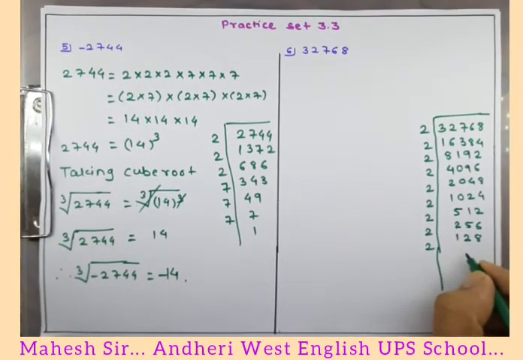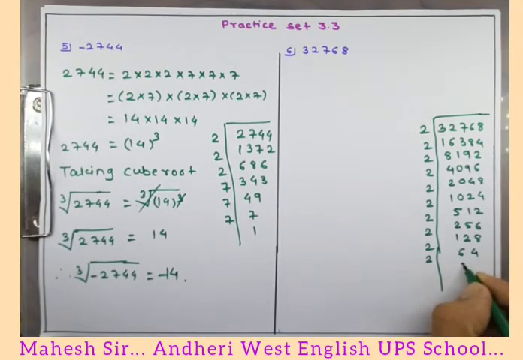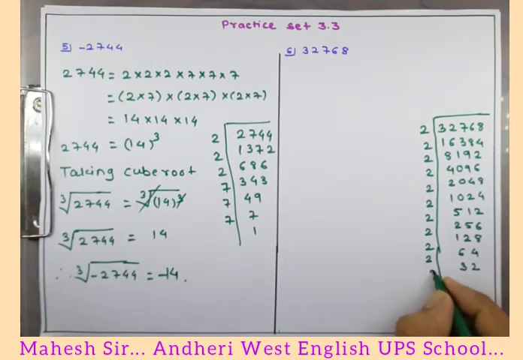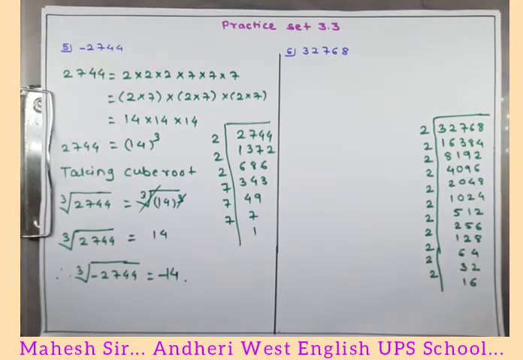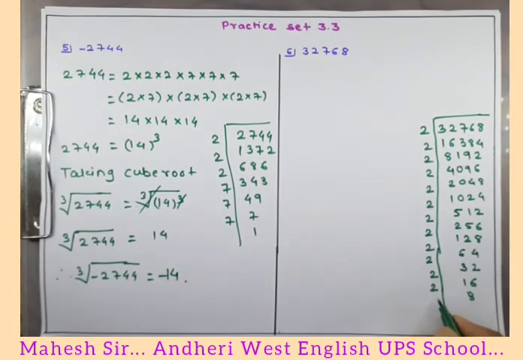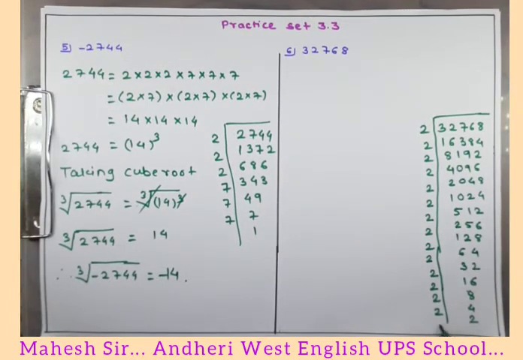Again 2 6s are 12, 2 4s are 8, 4 is there, so it is divisible by 2. So 2 1s are 2, 2 3s are 6, 2 2s are 4. Again 2 is there, so we'll divide by 2. So 2 1s are 2, 2 1s are 2, 2 6s are 12. 16 is there, we know that 2 8s are 16, so we'll write 8. 2 1s are 2, 2 4s are 8. Again 2 is there. So 2 1s are 2, and at the end 2 1s are 2, 2 1s are 2. So this way we will find out the factors of